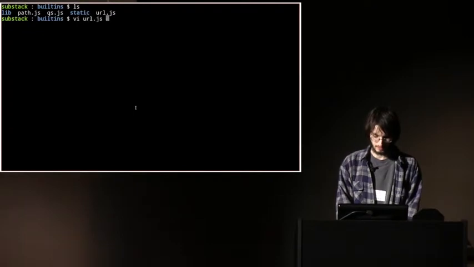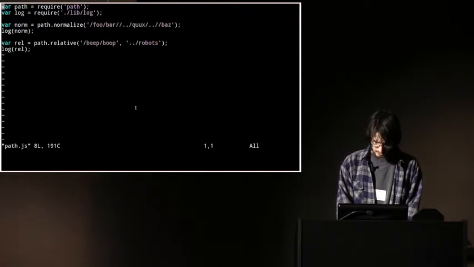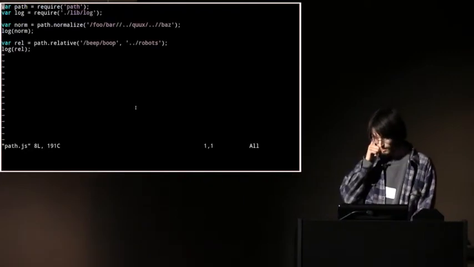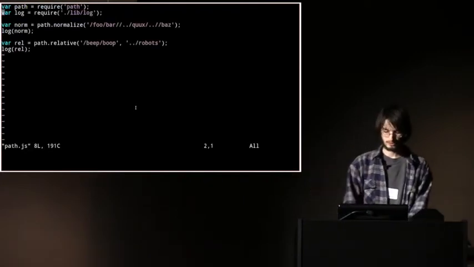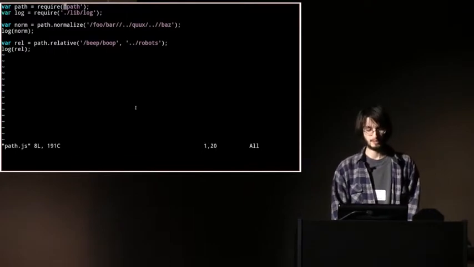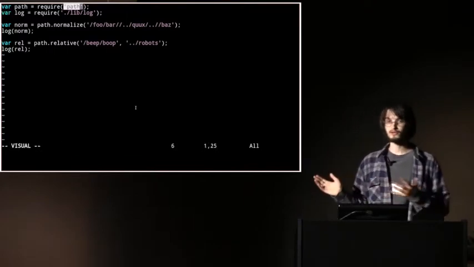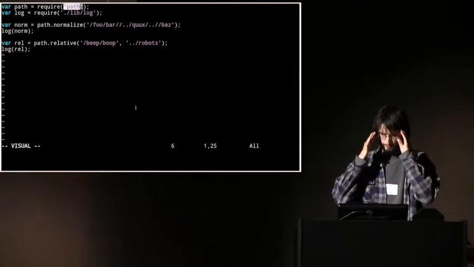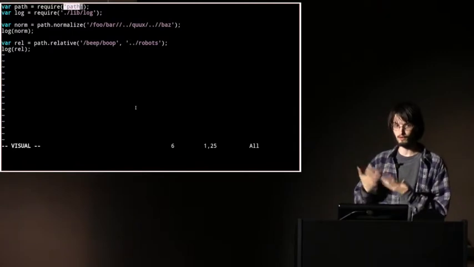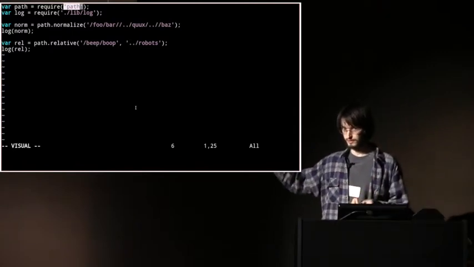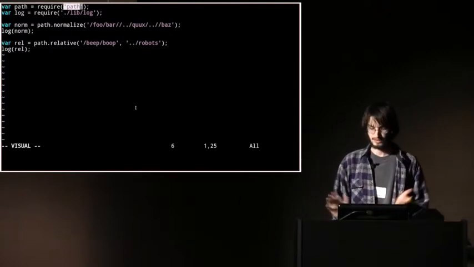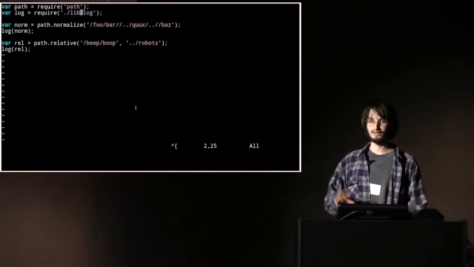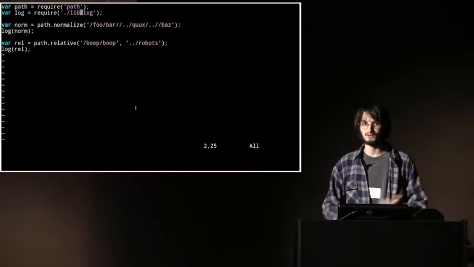So the first example here is just using the path module. So this example just requires the path module, right? So this isn't from NPM. This is resolved by Browserify dynamically based on some custom shims. So for all of the core libraries, Browserify will insert a custom shim if it has one. And then we just have a little logger here that will dump some pretty text for us, basically like console log, except on